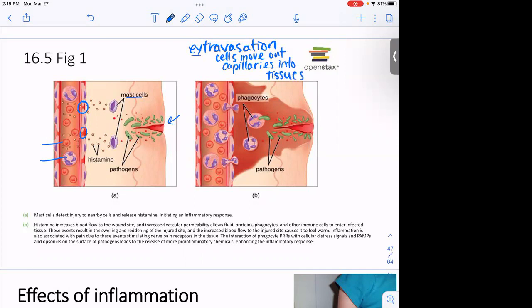So extravasation, all right? Here's a cell right here squeezing out between those cells that make up the blood vessel wall and moving out into the tissues. This is going to happen much more frequently when those blood vessels are dilated